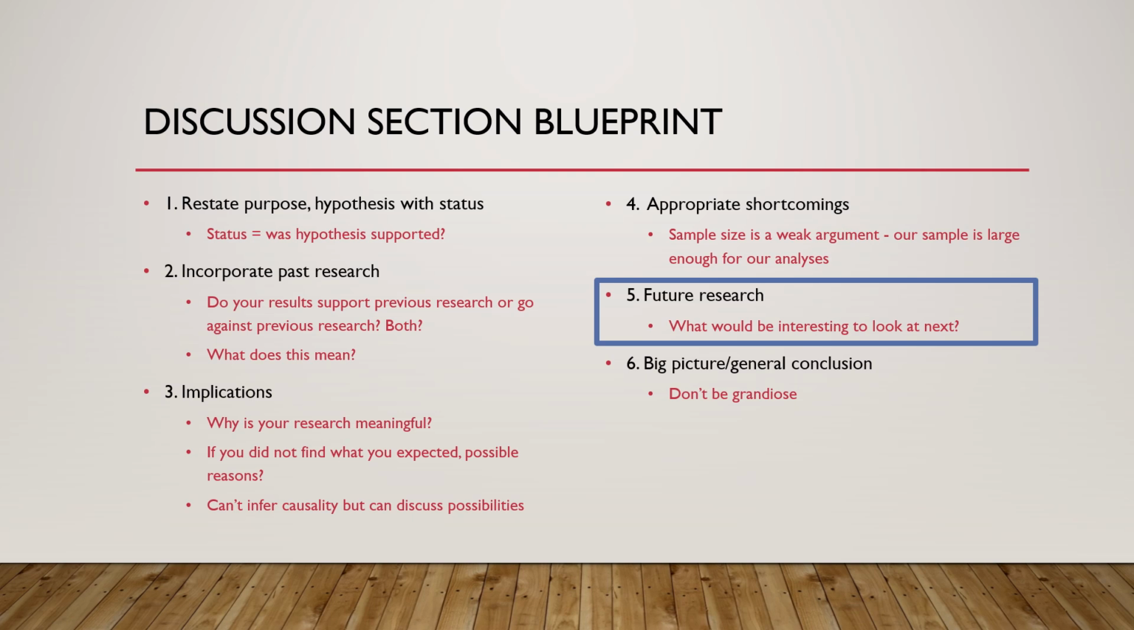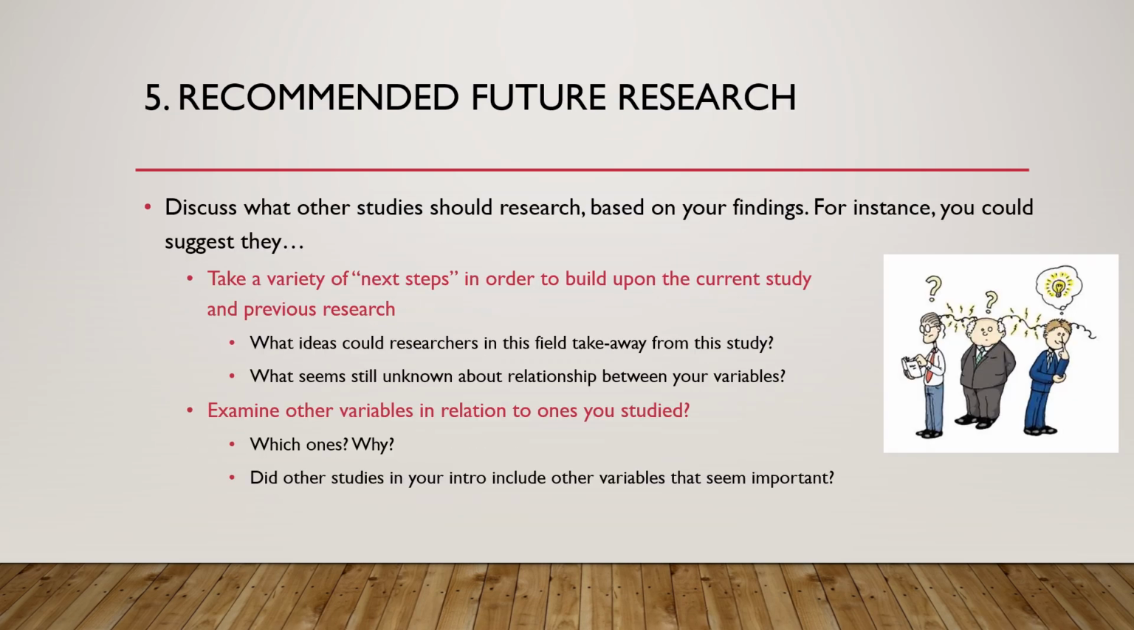Finally, you want to go into the future research, which you've just addressed why your study isn't perfect and why there's other alternative explanations. So maybe how can we do it differently in the future? What are future researchers going to be looking at and interested in after they've learned from your study? In this section, you're going to discuss what other people should do based on your findings,